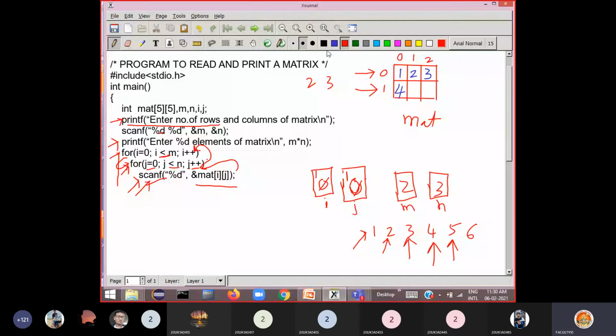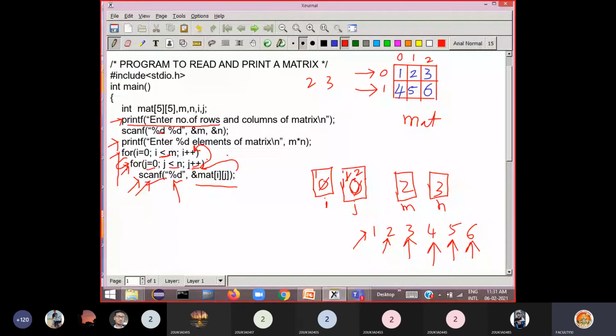Then it goes to the increment part of this inner loop. j plus plus, j value becomes 2. 2 less than 3, yes, scanf percentage d. That means it reads the next number. So it reads 6, and where does it store it? Matrix of ij. What are the ij values? I is 1 and j is 2, so first row and second column. So 6 will be stored in this location, first row and second column.